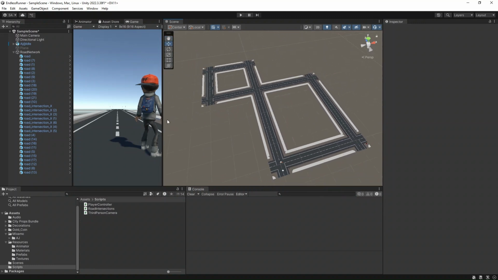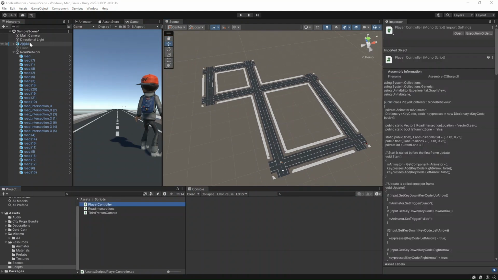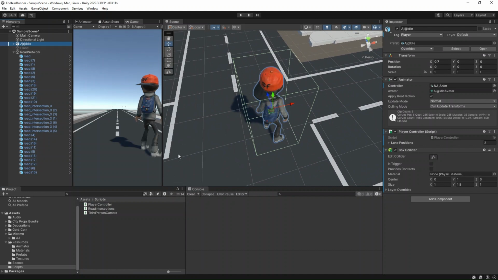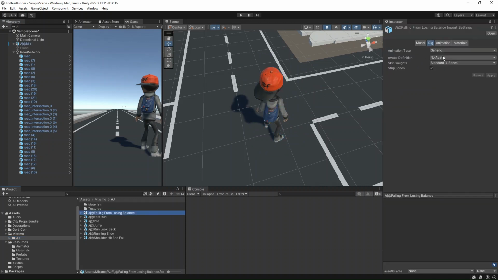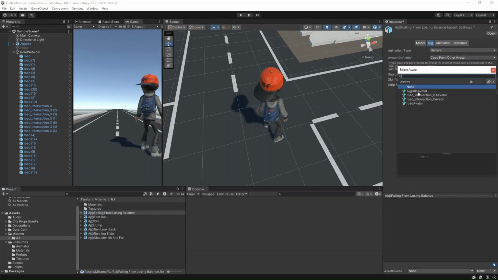Next, we will add 2 additional animations to enhance the gameplay. The first is a forward fall animation, used when the character stumbles while attempting to jump over an obstacle. The second is a backward fall animation, triggered when the character collides head-on with a barrier. While these animations can be downloaded from Mixamo, for convenience, they have already been included in the assets package you